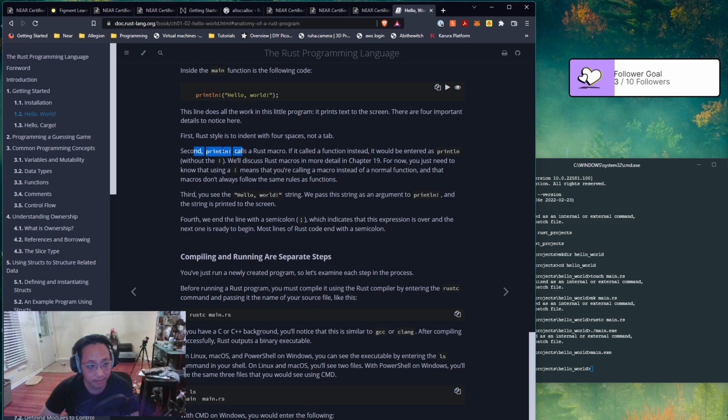Second, println! calls a Rust macro. If it called a function instead,